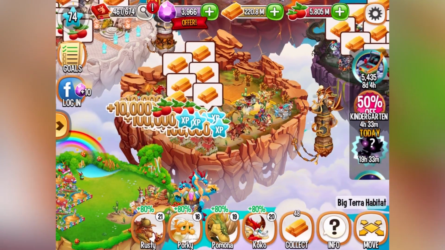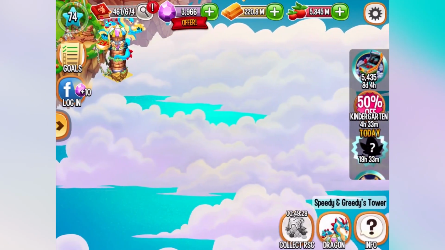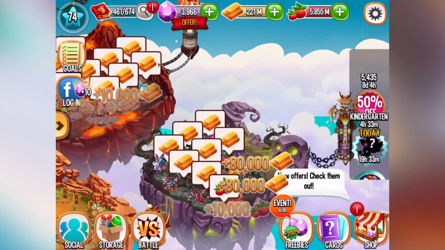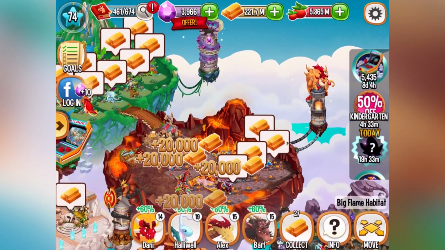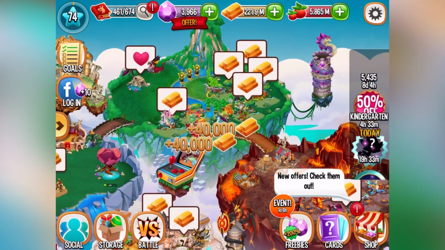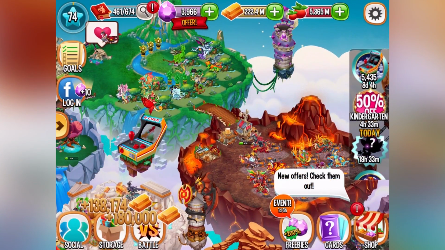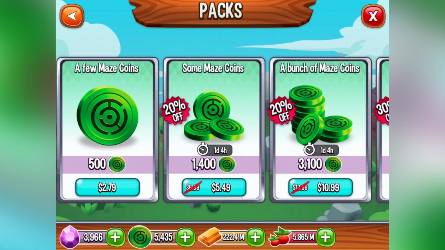Obviously, let's clear all of these things out of the way. That's what we need to do first. And I can't do that because I already used it. So, let me just grab my food and I grab my money. And then what we're going to do in this video is we're going to play through the video game island again. And we're pretty much there in terms of